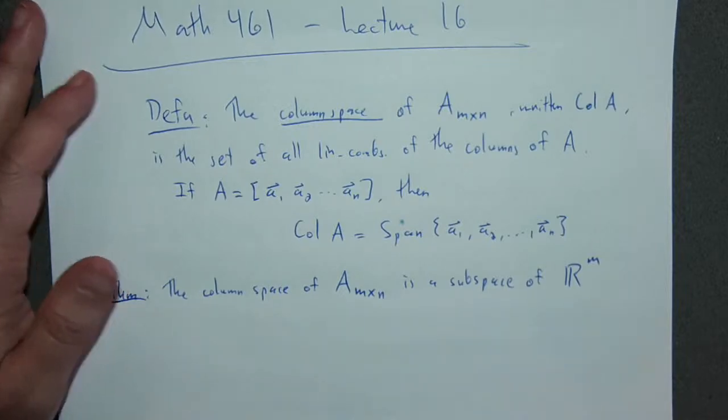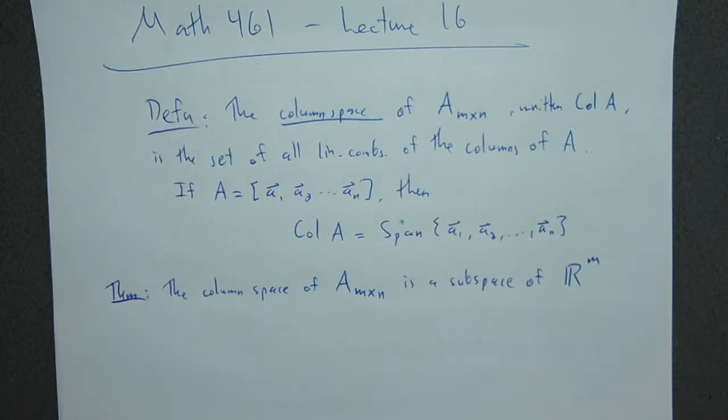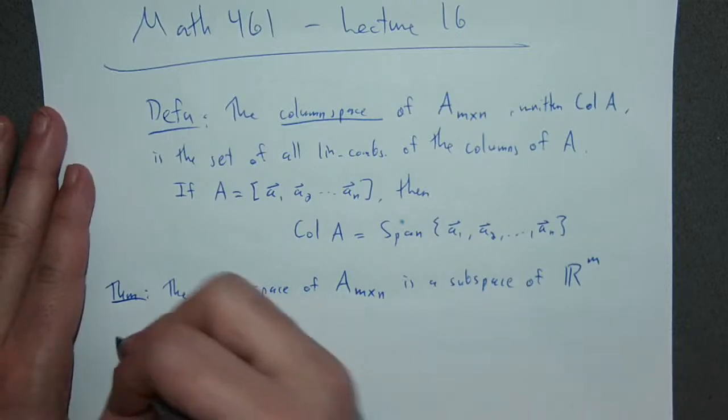So the column space is a subspace of R^m. The proof is that we already saw that the span of a list of vectors is a subspace of the ambient space that it sits inside. So the span of a bunch of vectors in R^m is itself a subspace of R^m. Okay. So then note